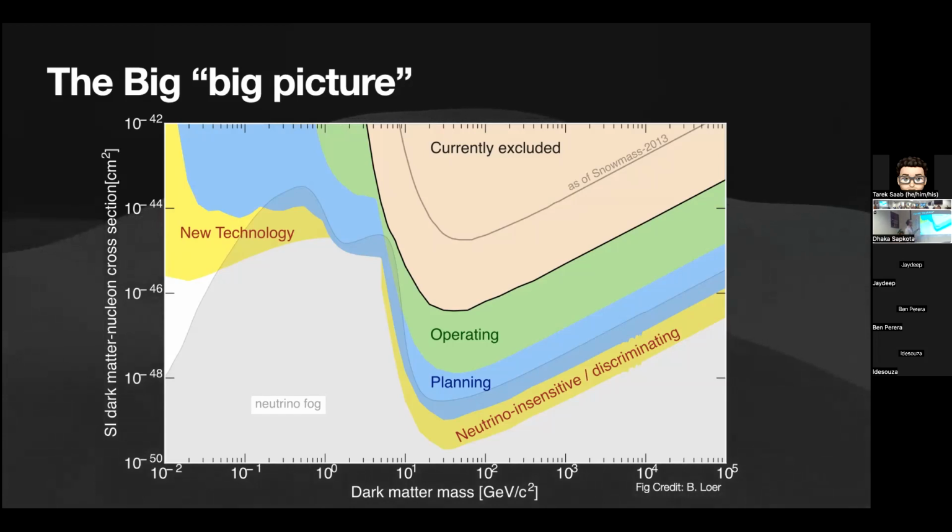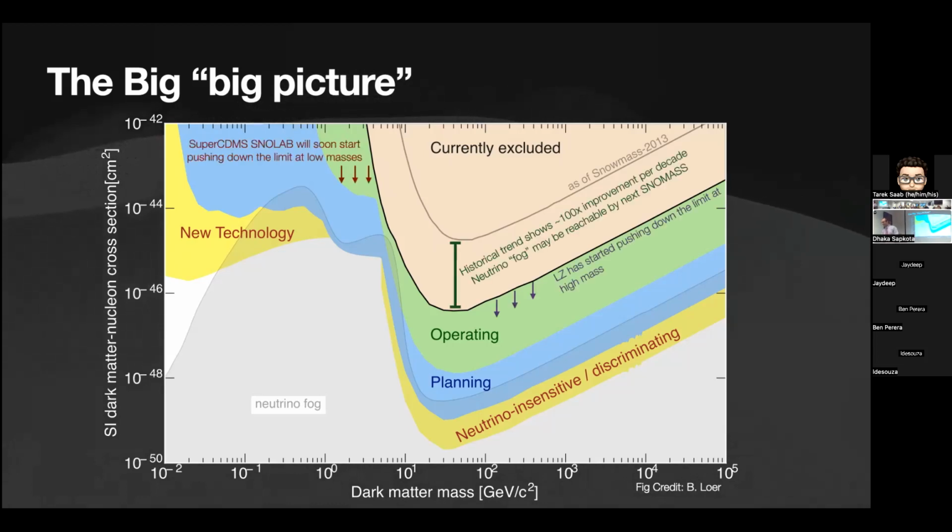It might be hard for you to see on this one, it's a bit faint. There's this line here with the gray fog, the gray line that's called the neutrino fog. As you can see, the experiments will start to enter the region where neutrinos are a distinct background, and just have to deal with that challenge. And then new technology, I interpret that as something like magic. Somehow we'll discover something new that will allow us to do these searches. But some people are more optimistic than others.